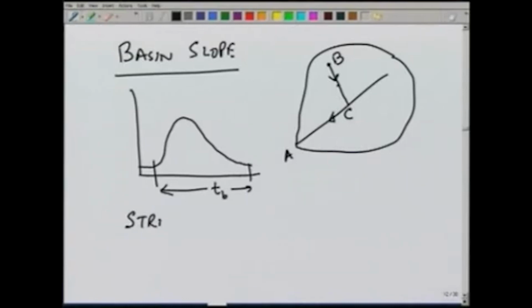Similarly, the stream slope also is important, because the stream slope decides the stream velocity. So, higher slope again means higher velocity, and therefore, it will affect the falling part of the hydrograph. This part, which is typically known as falling limb or recession limb,